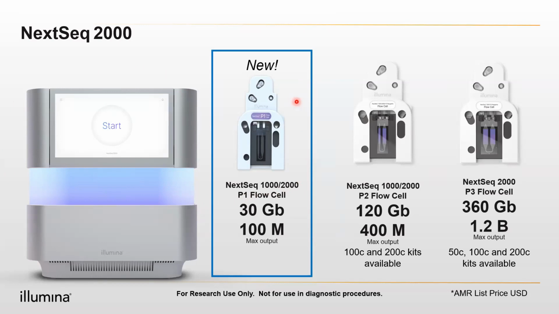smaller flow cell. This is a very high density flow cell, and it's much smaller than the NextSeq 550 flow cell. And apparently this offers you three times more data, 360 GBs of data in the biggest flow cell that this offers, and 1.2 billion reads with the NextSeq 2000 P3 flow cell. So this machine is the recent one from Illumina. It is fluidics free, it has a higher resolution, and also